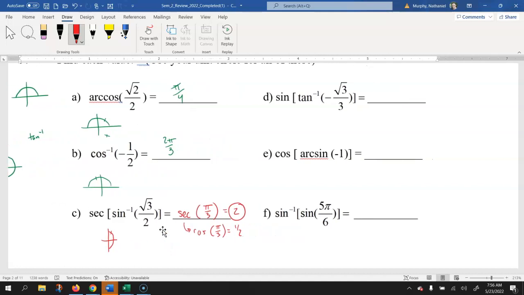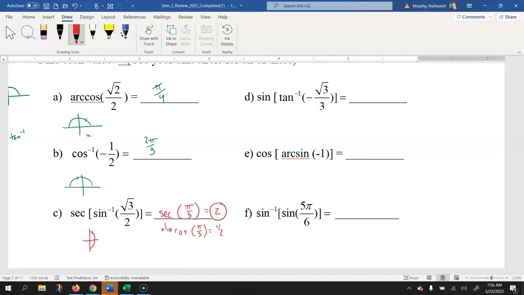All right, so going over to letter D here. Now the rest of these are going to be in multiple parts. So we're trying to find the inverse tangent of negative square root of 3 over 3. Remember, negative square root 3 over 3, that would be the same as this one down here, because remember we want to have